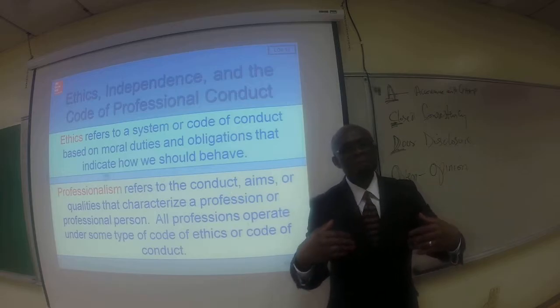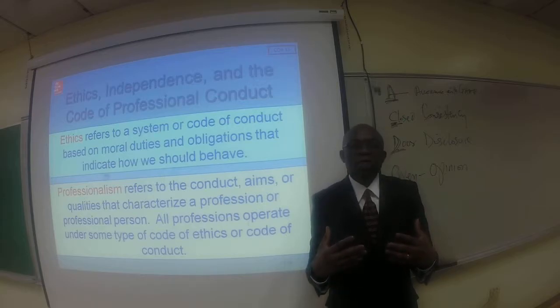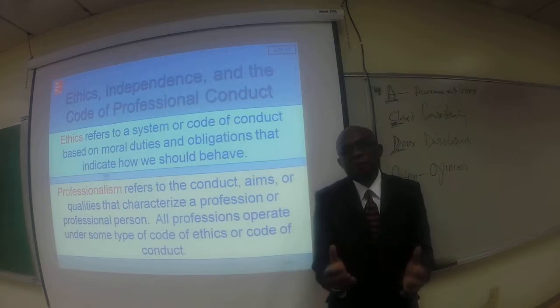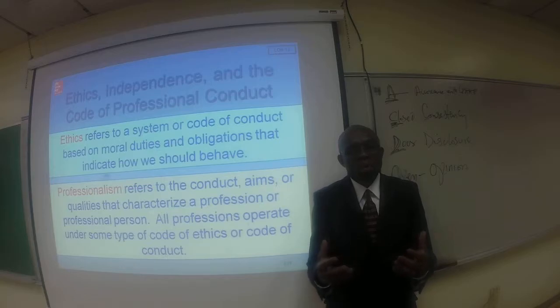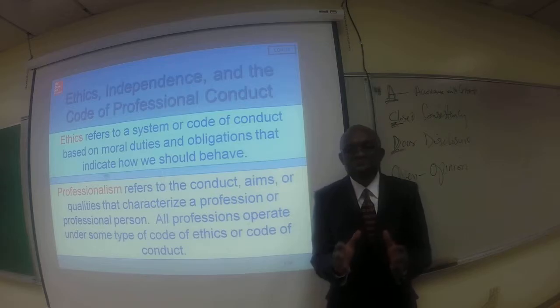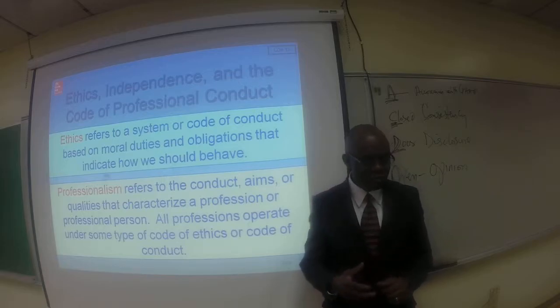We said that for the interest of the public and also for the interest of the profession itself, every profession owes it to itself to come up with a code of professional conduct. Meaning, these are a set of conventional principles and expectations of every member of that profession.